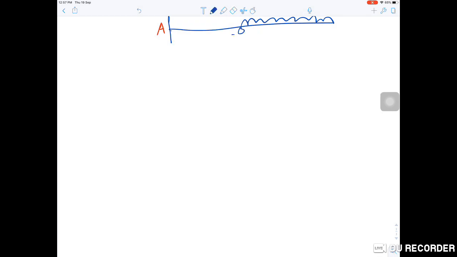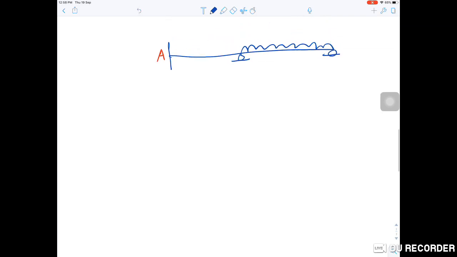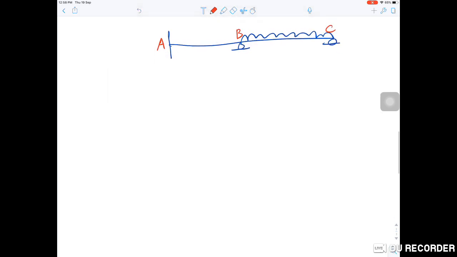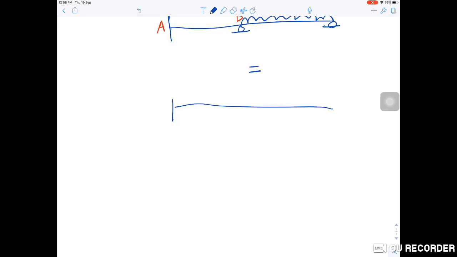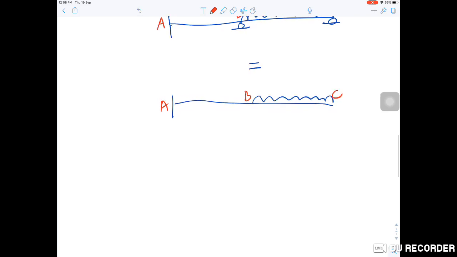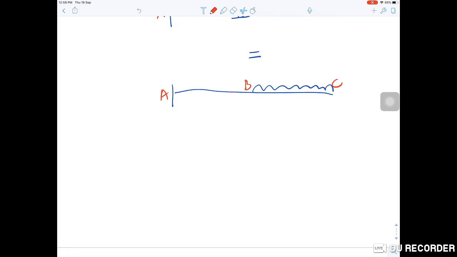Actual beam, we have a roller here and a roller here. Okay, this is A, B and C, and this is equal to primary beam. Primary beam A, B, C plus